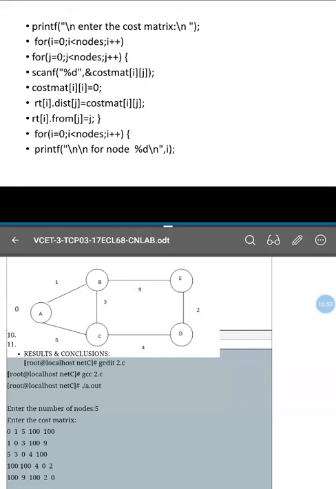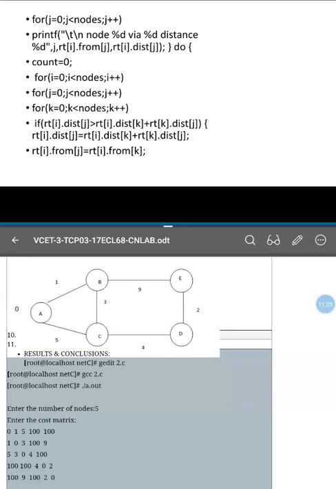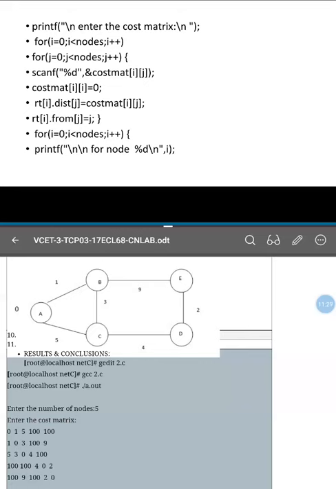So this is a user input. Because we cannot draw the network in the program to give user input, we enter this cost matrix. Next, always A to A, B to B, C to C, D to D, E to E will be zeros. That means it is a cost matrix of I to I. So you can see that cost mat of I, when both the indexes are the same, that means 0,0, 1,1, 2,2, 3,3, 4,4, that value will be 0. That means the distance from that node to the same node will be 0 itself.